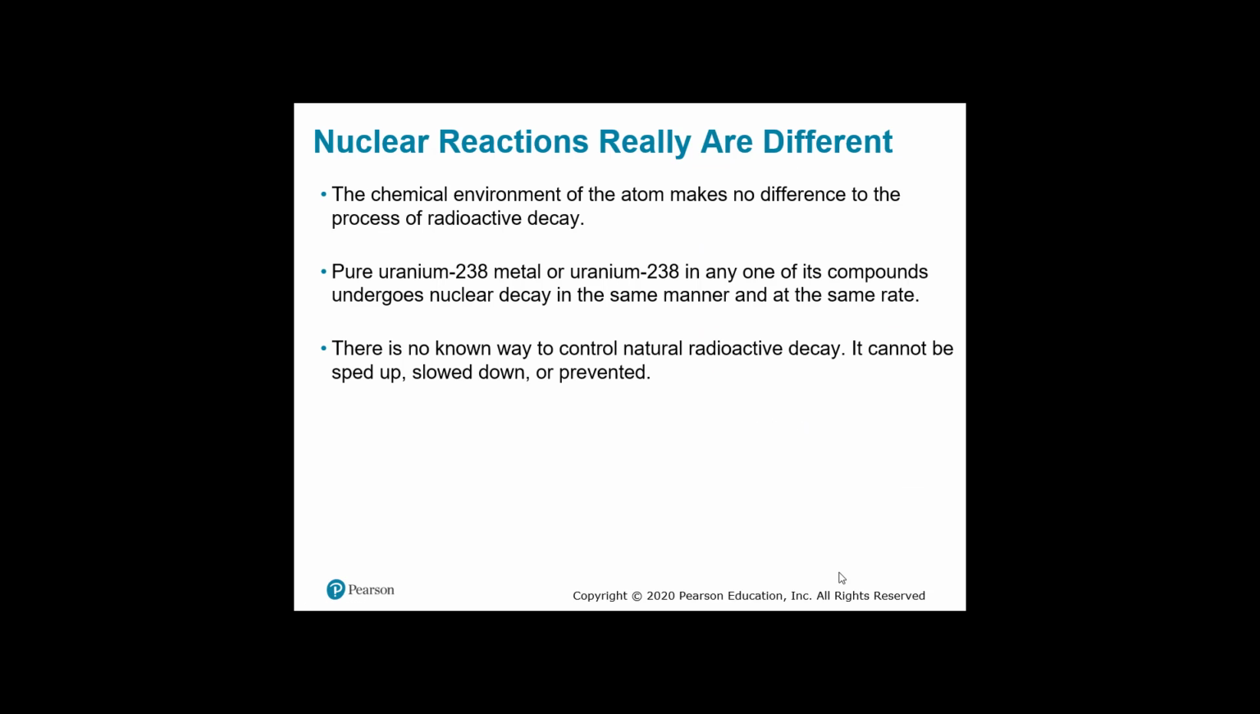Okay, so the chemical environment of the atom makes no difference to the process of radioactive decay. Pure uranium-238 metal, or uranium in any one of its compounds, undergoes nuclear decay in the same manner at the same rate. There's no way to control natural radioactive decay. It cannot be sped up, slowed down, or prevented. So it just spontaneously happens on its own, and it